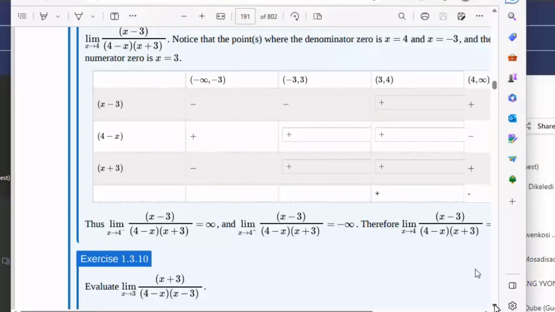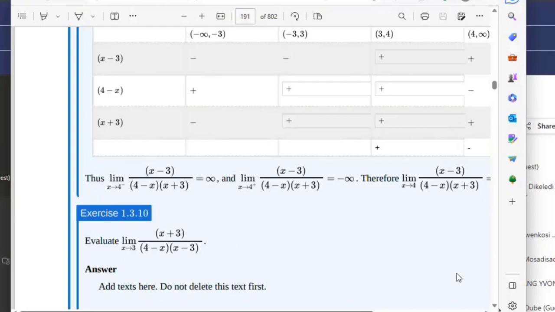Okay. Before I can say to you it is correct or not,